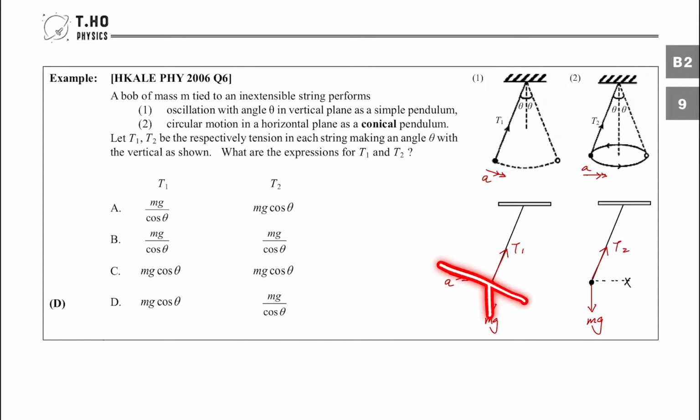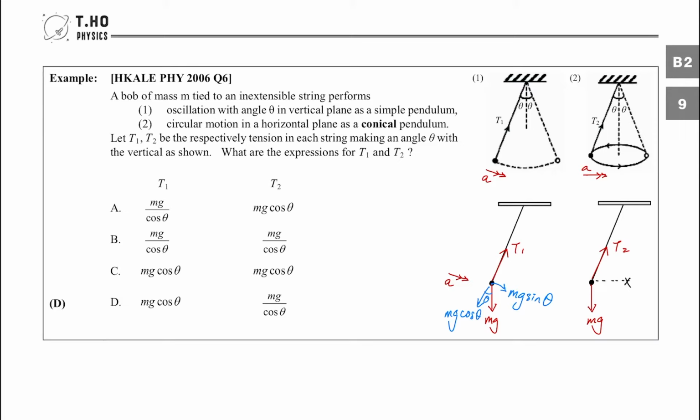However, mg and the acceleration are not perpendicular nor parallel. So in order to do the calculation, we need to resolve this force mg. So this is what we are going to do. We will resolve mg into mg cosine theta, which is perpendicular to the acceleration, and mg sine theta, which is